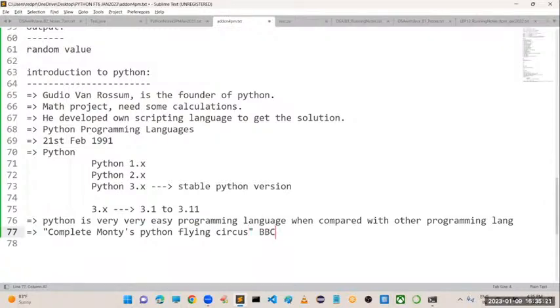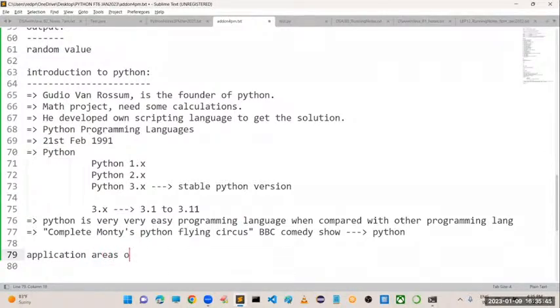It is a comedy show. Guido van Rossum was interested in this comedy show. He extracted the word Python from it and kept it as the language name. Beyond that, nothing.